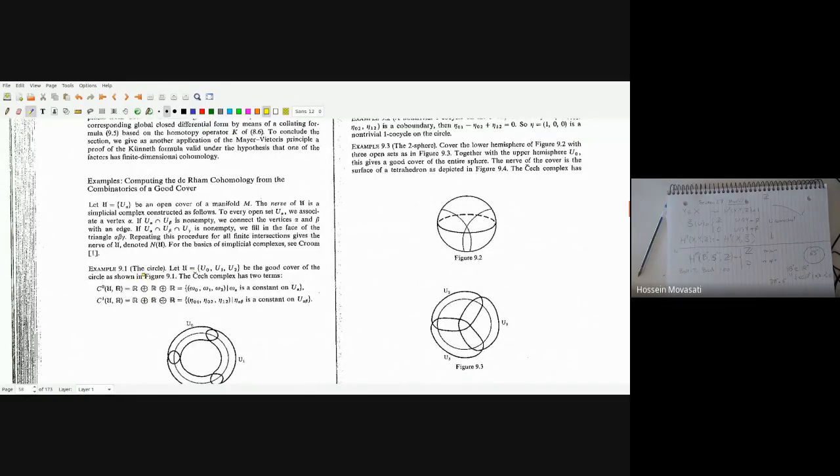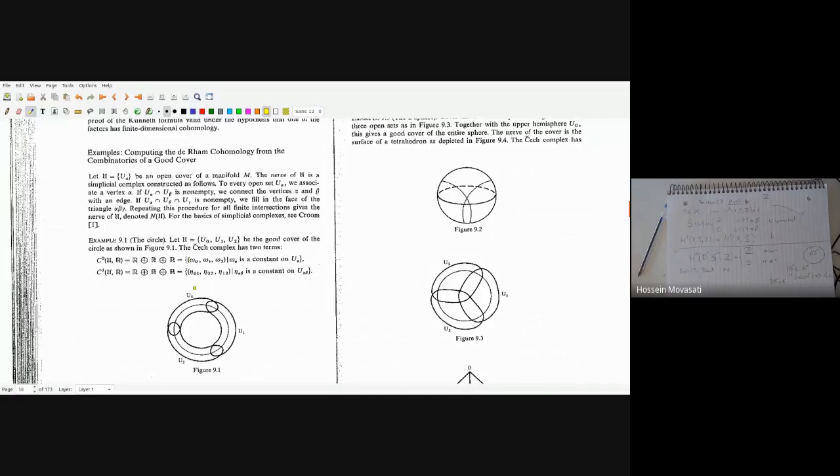He starts to compute the Čech cohomologies of a circle and a sphere. And you see that he puts a covering of the circle with 3 open sets, intersecting in this way. And for the sphere, he takes a covering again with 3 open sets, and their intersection is like this. And I think it would be nice that you do these exercises